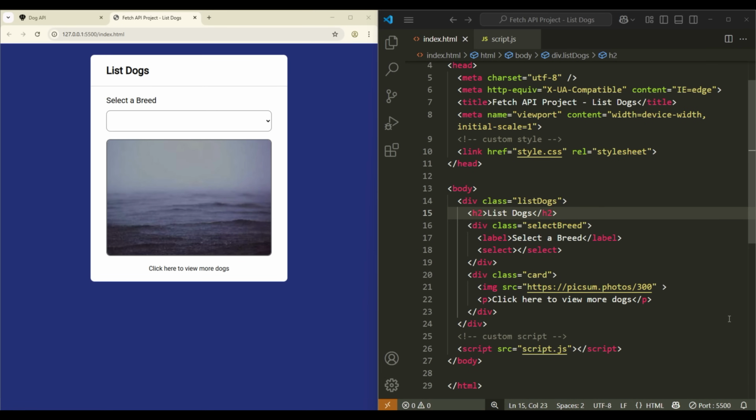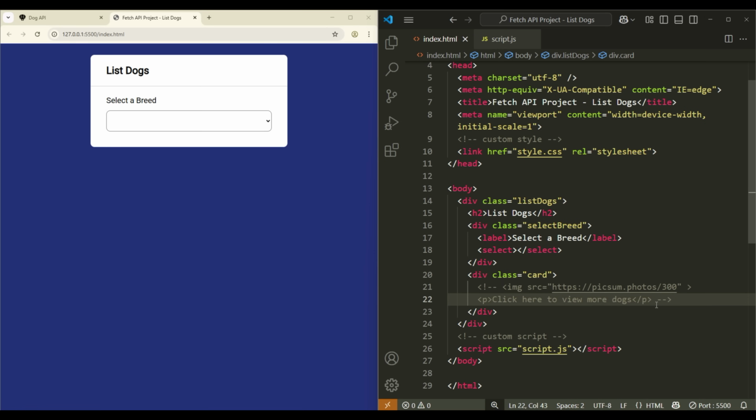So today we will write a basic fetch. First, let's comment or remove this img and p tag since we will be using the API to generate it dynamically. Then let's select this select tag and the card div. So open script.js,